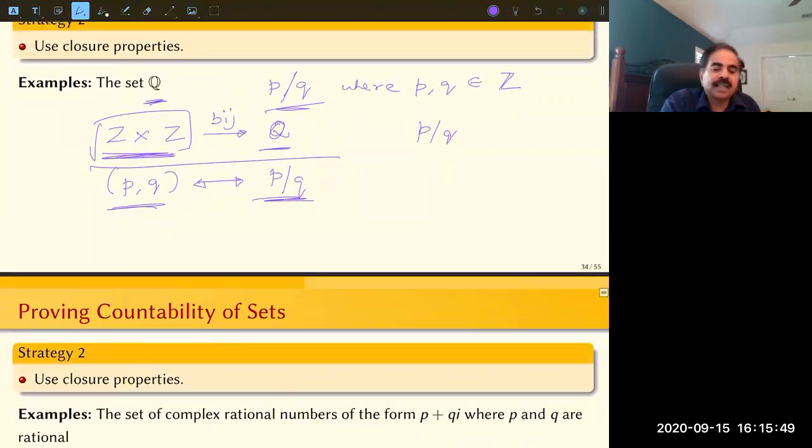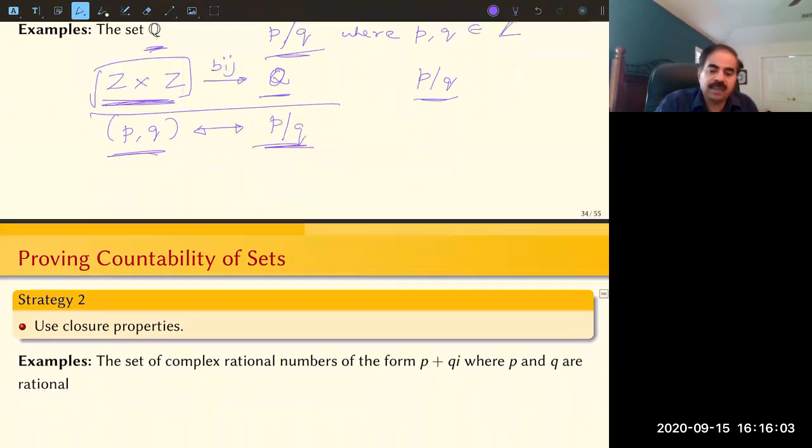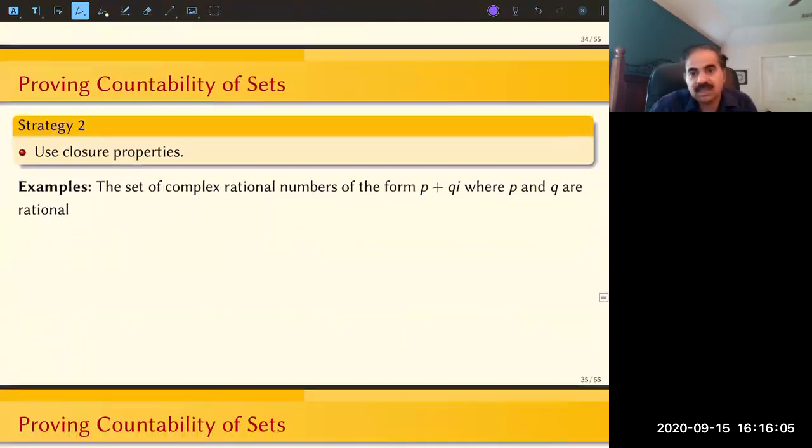But the point is that you can easily see that if I allow repetitions, then I'm going to have more elements, and therefore, if I say P divided by Q with repetitions is countable, then of course P divided by Q without repetitions is still going to be countable. Okay, so you can also prove that